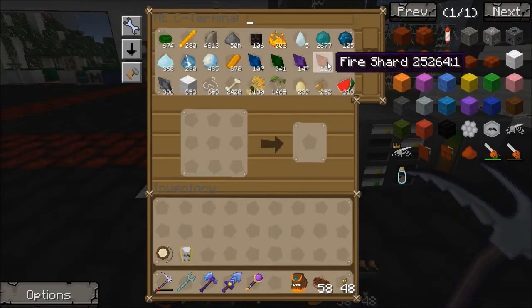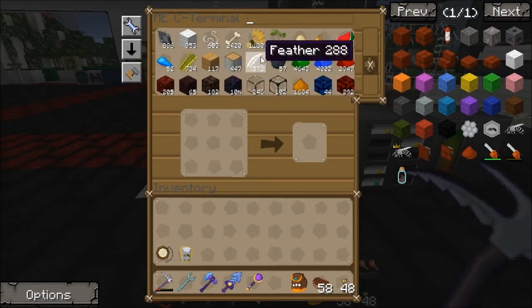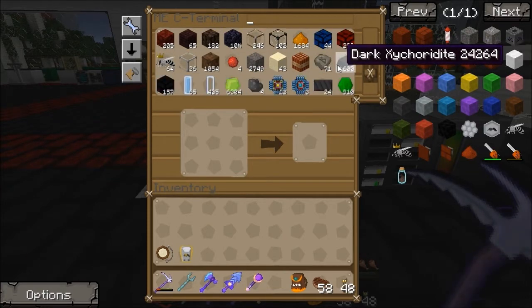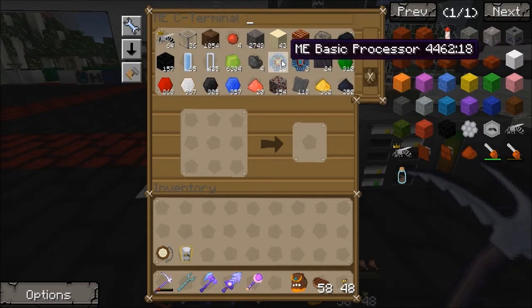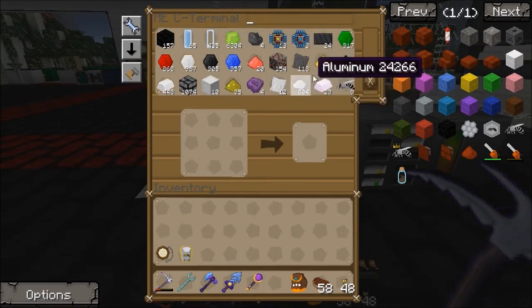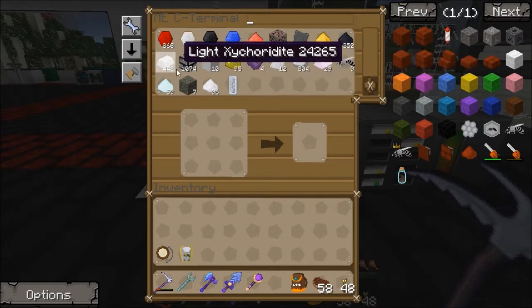If we look down here, I've noticed there's a ridiculous amount of certain things as well. We've got 10k of obsidian. Surely you don't need that much obsidian. I need to put the Zycraft stuff into its own, I think. I need to dedicate one for crafted items, I think, as well. So anything crafted, like the processors, cells, plates and such like, they all need to be in one. See, I've got some more aluminium again, and these zinc ingots need to be put into the